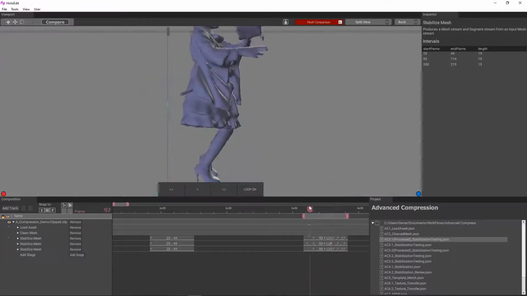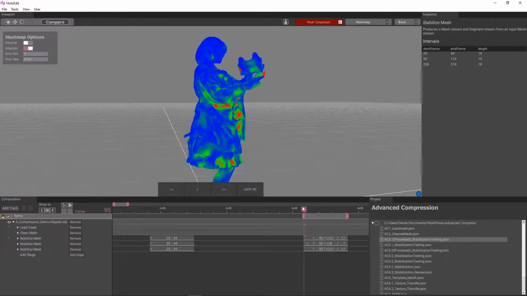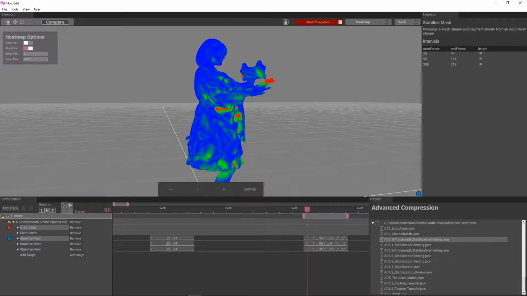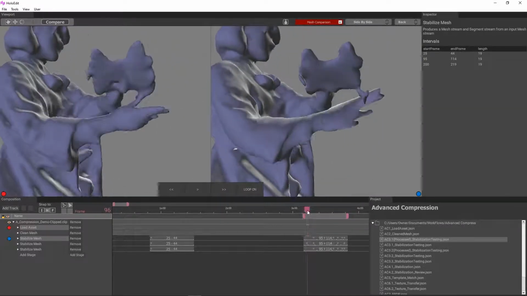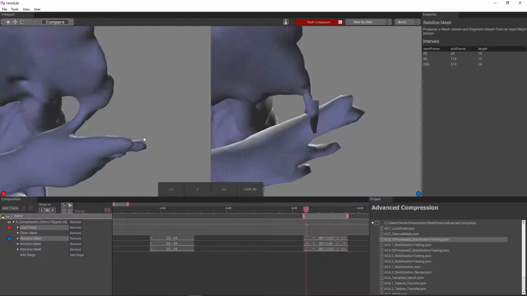If we take a closer look at the hand in the beginning of the interval, we can also see some issues with the position of the hand and the length of the fingers. In frame 95, from the side, you can see that the fingers are quite long and don't sit at the